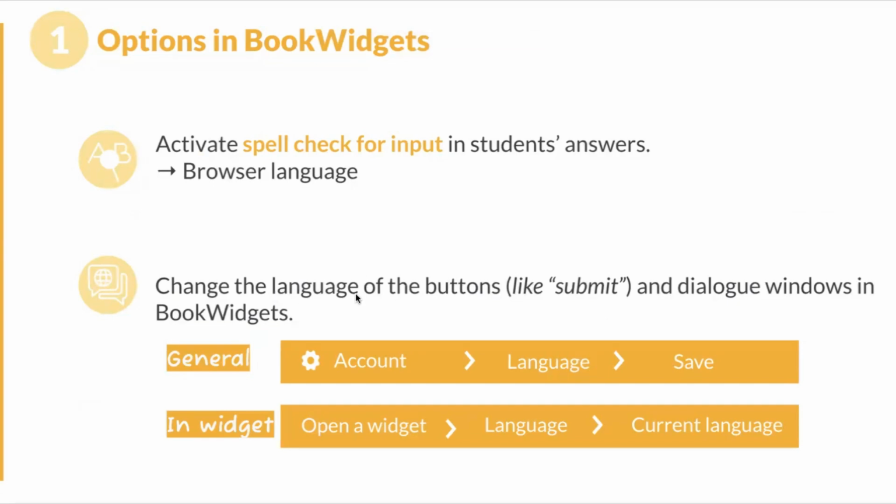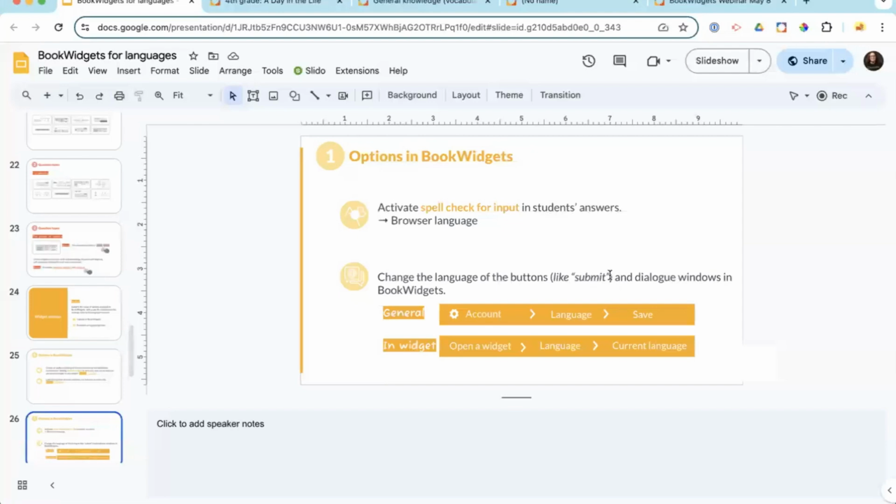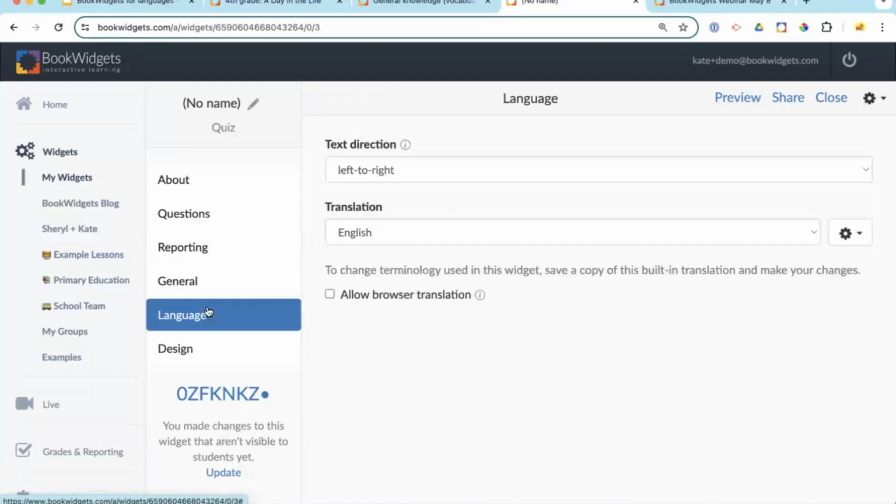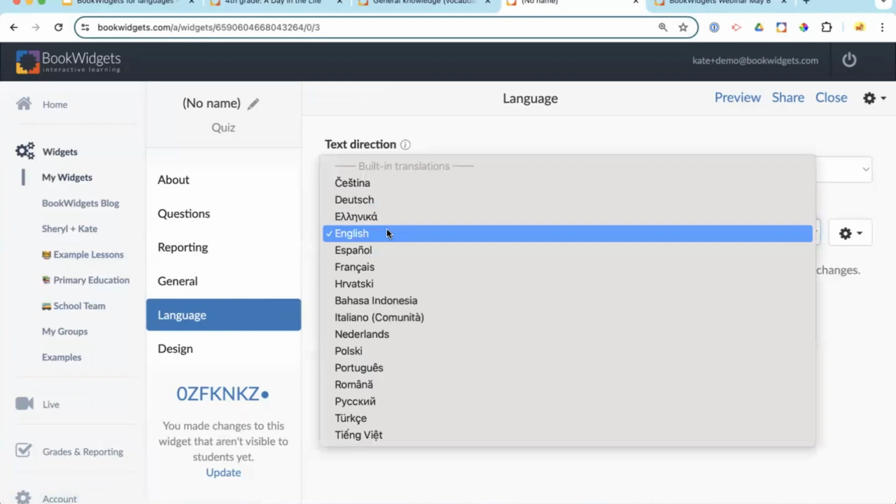So when we talk about changing the language of buttons, this is like, if you want things to say, instead of the word submit, you want to say turn in, or you want to say save, you can totally do that. So what you'll do is go back to your widget. We're going to go to language. And then here is where you can make sure that this is going to change the interface. Okay, so it's not going to change anything that you've typed in for the questions, but this language will change